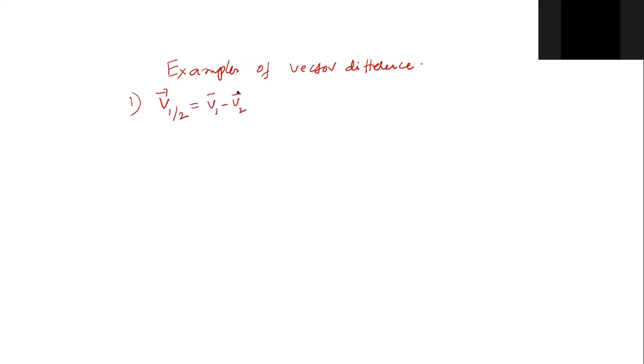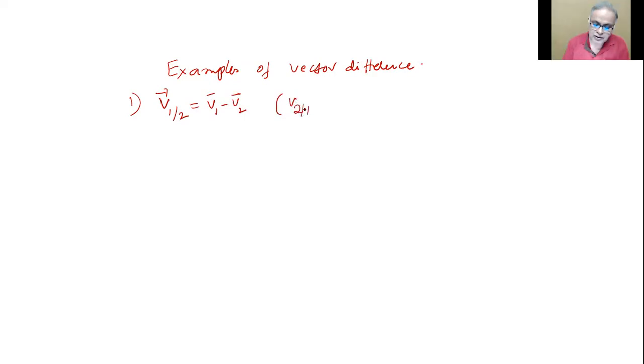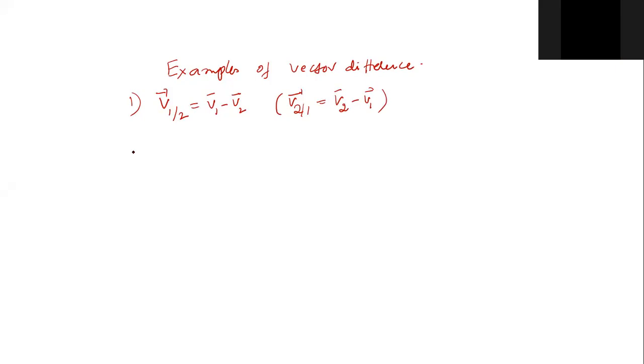Or if you wanted, for example, v of 2 with respect to 1, you'll do v2 minus v1. So with respect to whichever you want the velocity, that velocity should be reversed and added to the other velocity. And we'll come back to that because we already explained it yesterday, what formulas to be applied, theta is 0, theta 180, all that we explained.